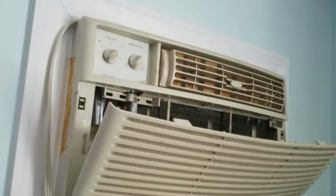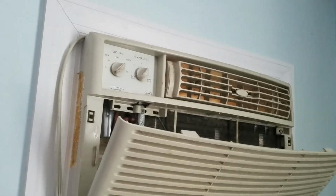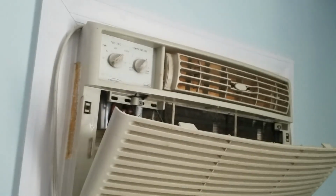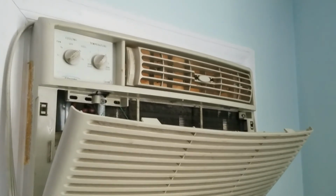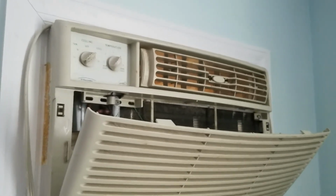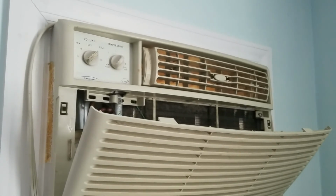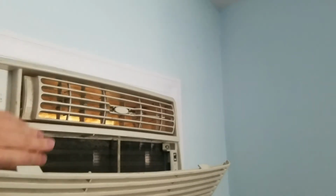Nothing but a wall shaker. Well, still sort of works. Not too bad for having not ran in like over 3 or 4 years. It's a little bit cold,